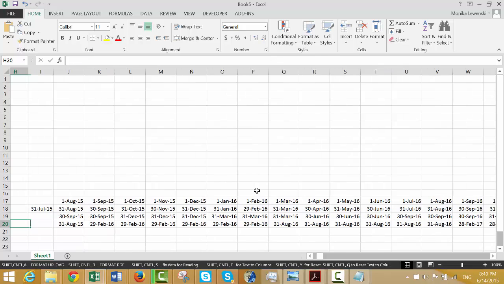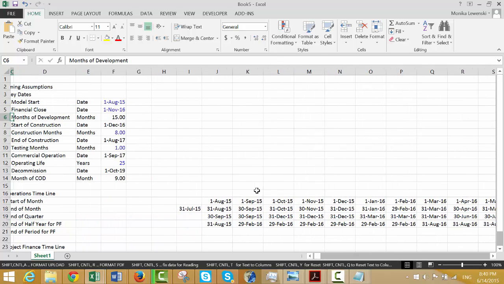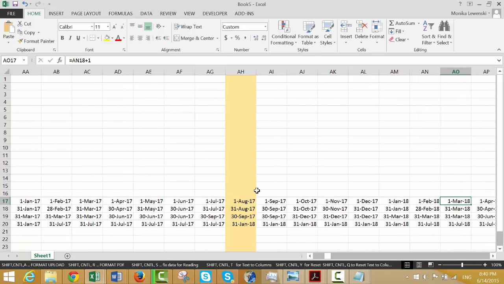Now let's change a couple of our assumptions. I'm not going to change the date, that's too much. Let's say we have 7 months of construction, and for some reason 2 months of operation. Then how about 7 and just put 1, okay? And so we have now 1 August 17. Now when we go over to here, it goes to 1 August 17,